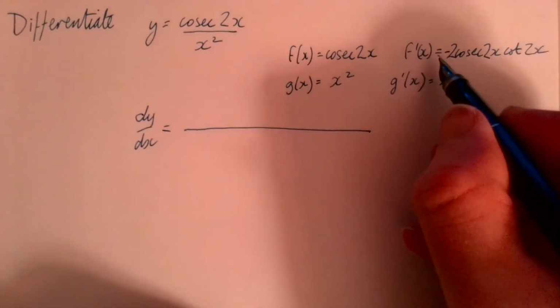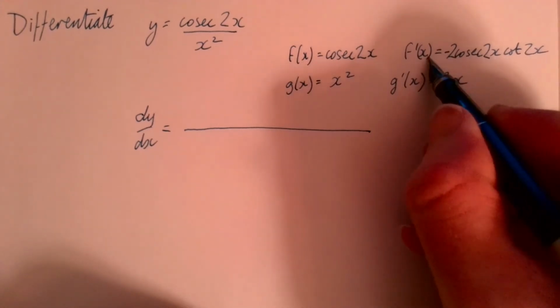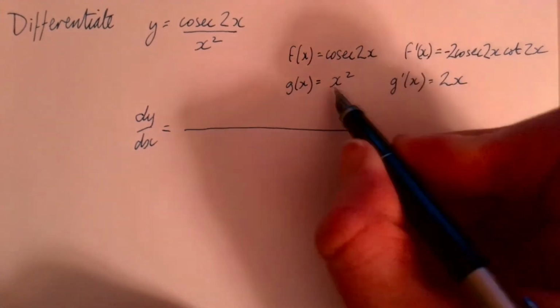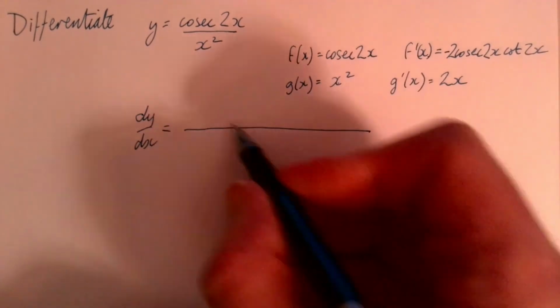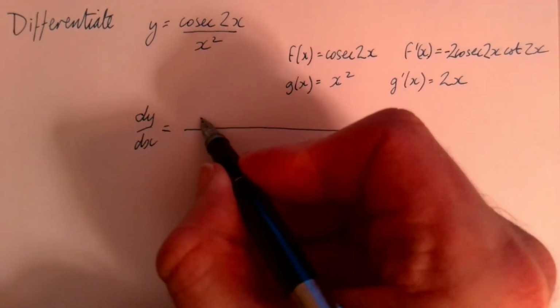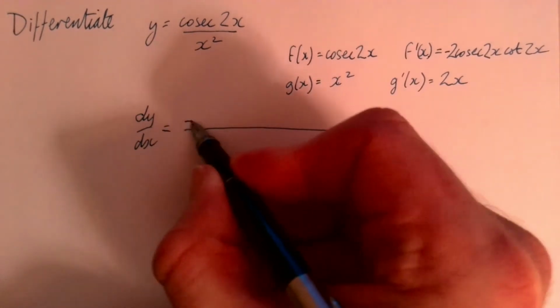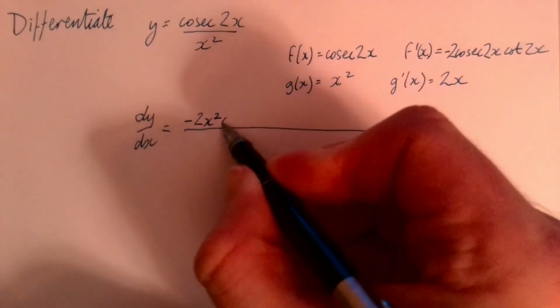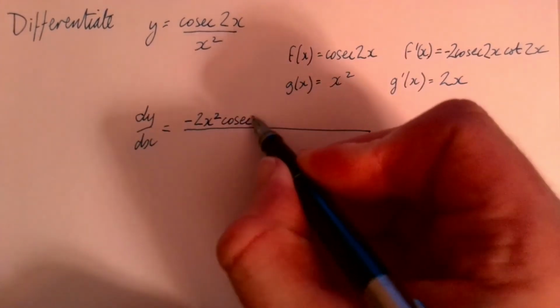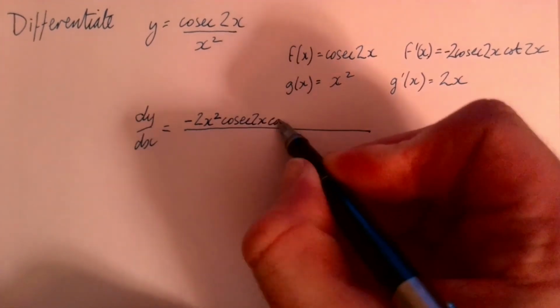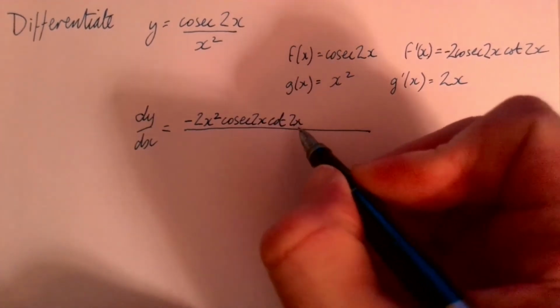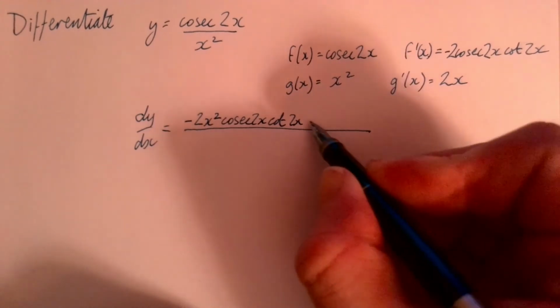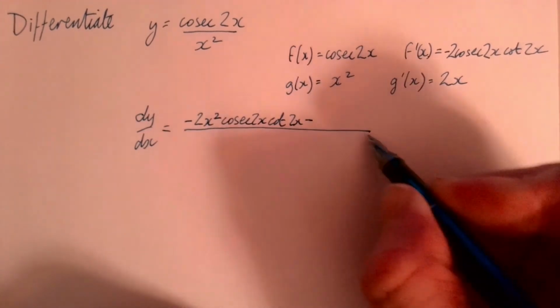So we've got the differentiated top one times by that one. So what's the nicest way to write that? Probably minus 2x squared cosec 2x cot 2x, and then we're going to be taking